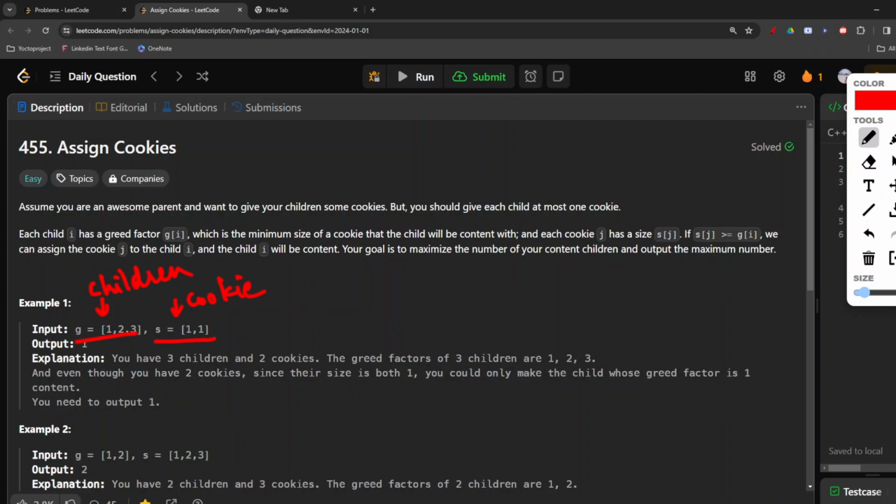go ahead with our coding implementation also. But now the ask of the question is that we need to maximize the number of content children and output the maximum number. So how will we be maximizing our content children? First thing would be, let us check the constraints, because according to that we will be